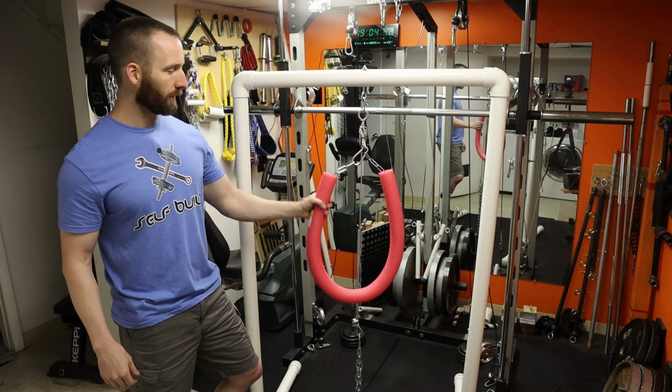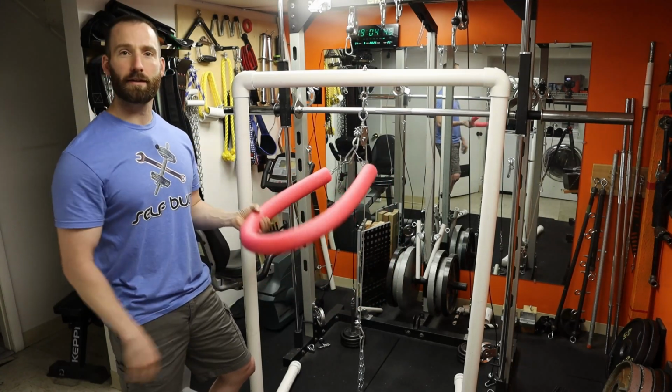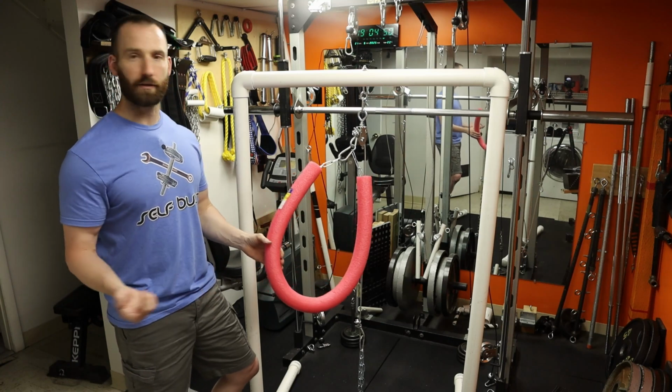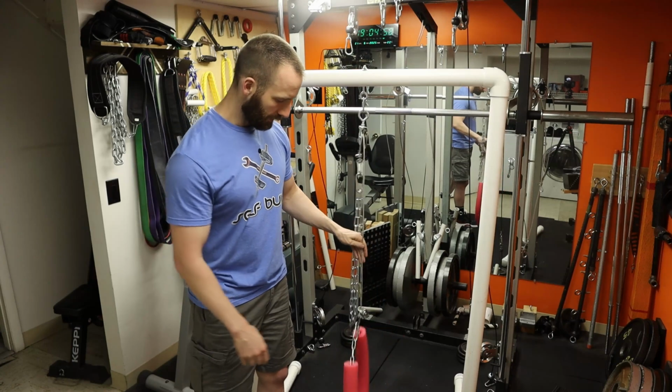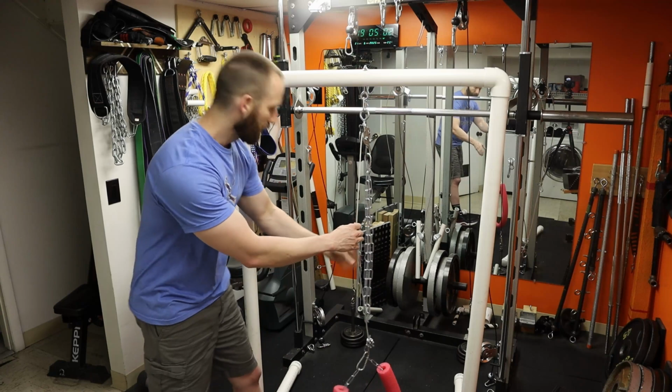This is the end that is going to attach under her arms, so that way it does have a little bit of padding, doesn't dig in too much. It's still not the most comfortable thing in the world, but neither is falling down either. And how this will work is typically you'll be able to get the person to be sitting up, so that way you can just have this wrapped around. And then